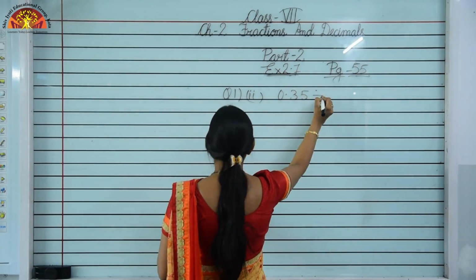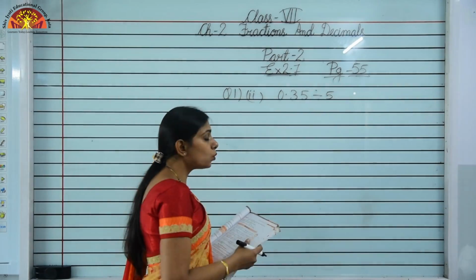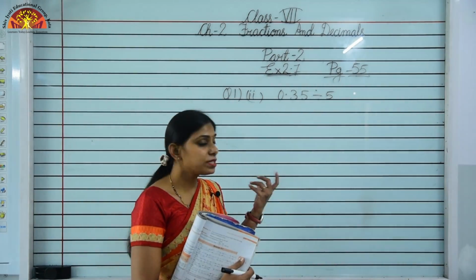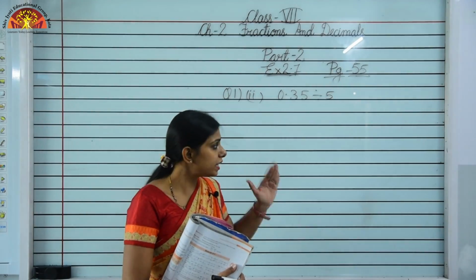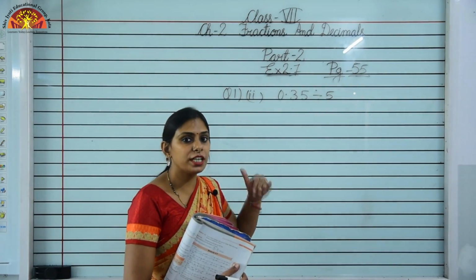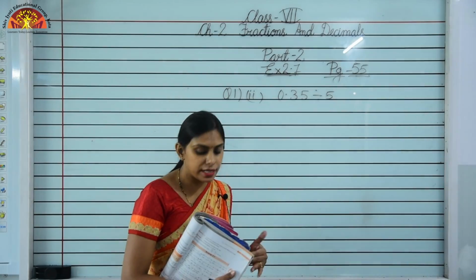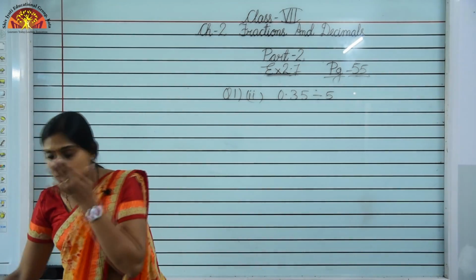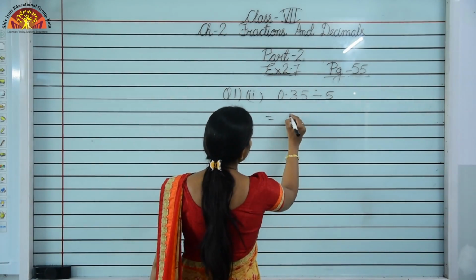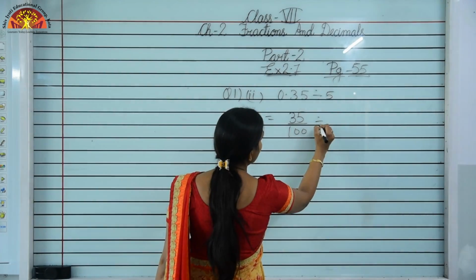0.35 divided by 5. Children, as I have already told you the concept of division of fractions. जब भी हम फ्रैक्शंस को डिवाइड करते हैं तो क्या कॉन्सेप्ट यूज करते हैं कि फर्स्ट फ्रैक्शन विल रिमेन एज इट इज, देन डिविजन साइन विल चेंज इनटू मल्टीप्लिकेशन एंड द सेकंड फ्रैक्शन विल जस्ट टेक द रेसिप्रोकल. सो सेम कॉन्सेप्ट विल यूज. फर्स्ट ऑफ ऑल यू विल जस्ट रिमूव द डेसिमल फ्रॉम हियर. It's 0.35, so it will become 35 upon 100 divided by 5.